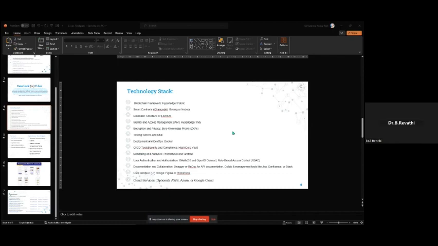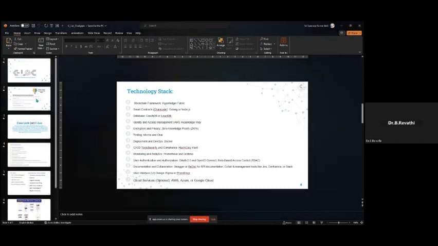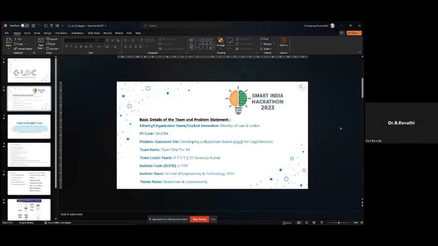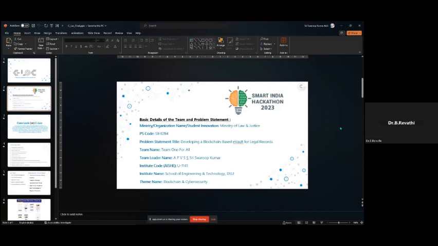Your SIH problem statement number, PS number, is 1284. Already the idea submitted under that is 2, as it is given in the portal, the SIH portal. There is nothing wrong in it, but you need to be competent enough in showing your solution. We have explained the problem well, so that we could understand.